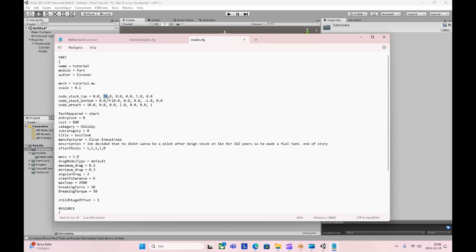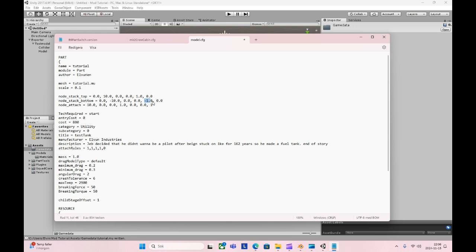Well, then you do 10, that's equal to half of 20, which is the height of our fuel tank when it's 10 times the size it already was. Here you put minus the number,